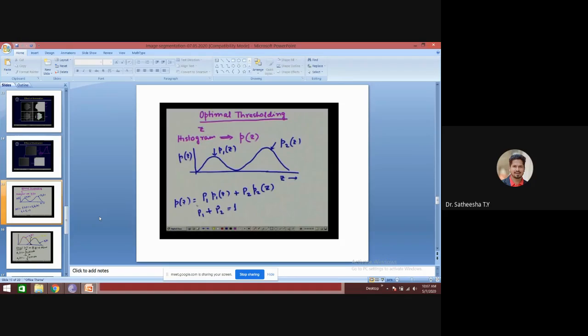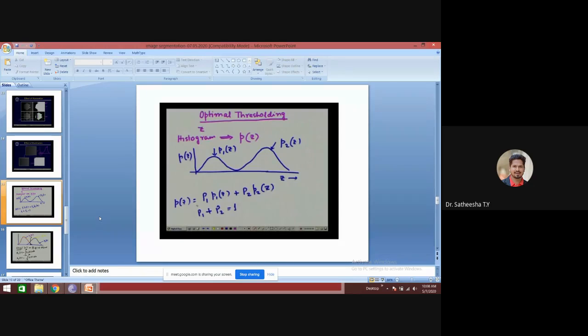Again, let us assume that the image contains two principal gray level intensity regions. One intensity region corresponds to the object and the other intensity region corresponds to the background. We assume that the intensity can be modeled as a random variable, and this random variable is represented by a variable, say z.